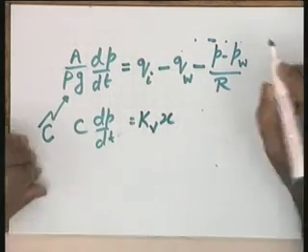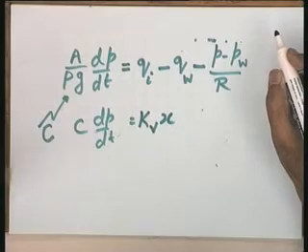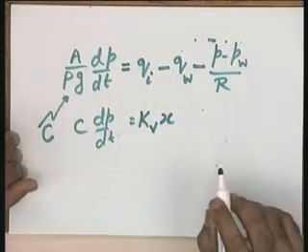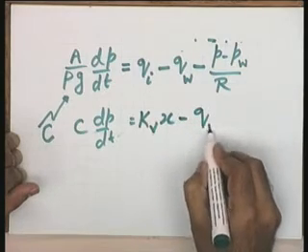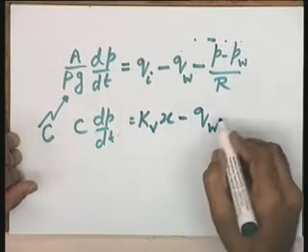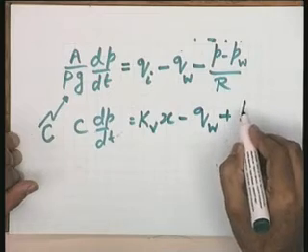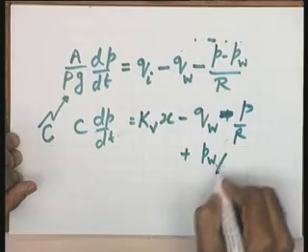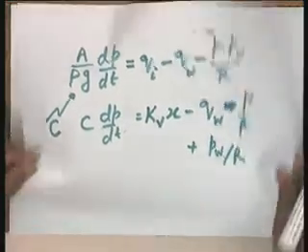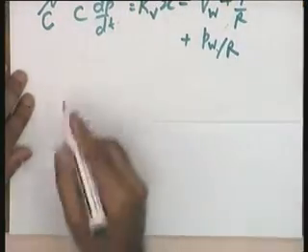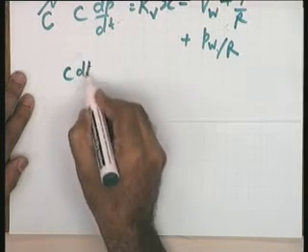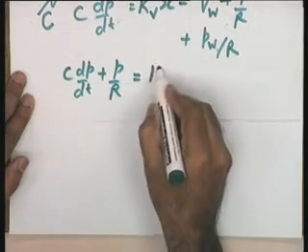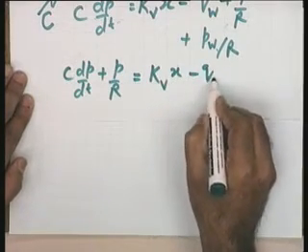kV into x, hoping that you have agreed to. kV is the valve gain, but keep in mind it is a perturbation model. kV into x minus qw is disturbance, I cannot touch it, plus p by r and plus pw by r. Help me please. Write the equation now. The complete equation could be written as c dp by dt plus p by r equal to kvx minus qw